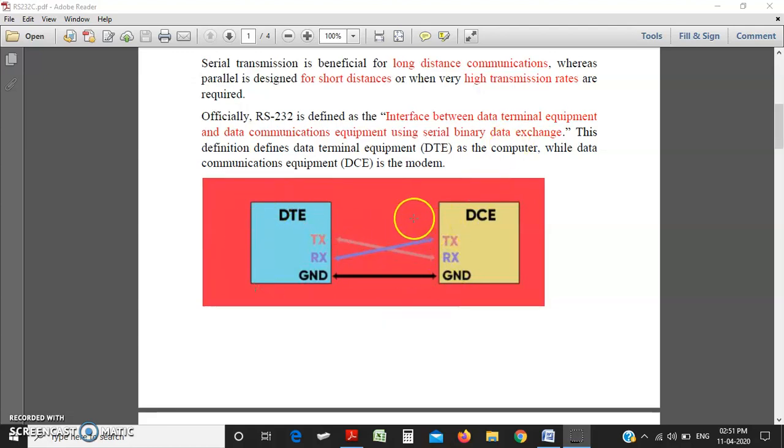So we have two components involved in serial communication, one is the DTE component and another is the DCE component. Both components have a transmitter and a receiver. When the transmitter in the DTE component gets active, the corresponding receiver of the DCE must be active. As the transmitter in the DCE gets active, the corresponding receiver in the DTE component must work.